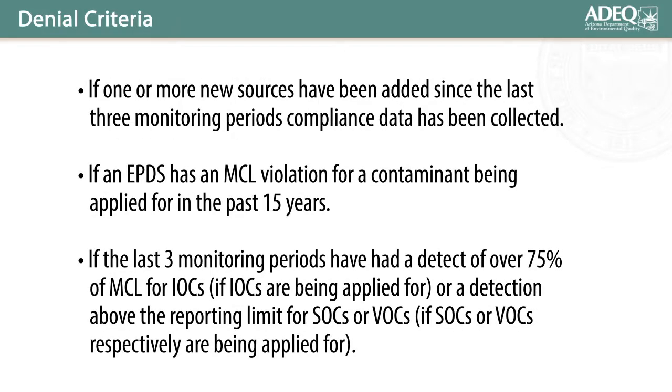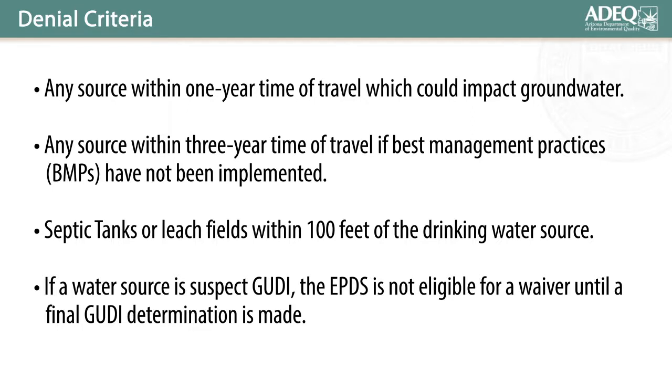Applications will be denied if one or more new sources have been added at any time over the last 3 monitoring periods, if an EPDS within the application has had an MCL violation for a VOC or SOC contaminant within the last 15 years, if the last 3 monitoring periods have had a detect of over 75% of an IOC being applied for, or if the last 3 monitoring periods have had a detection above the laboratory reporting limit for SOCs or VOCs, or if there's any new water source within a 1-year time of travel, or if there's any water source within a 3-year time of travel where best management practices have not been implemented,